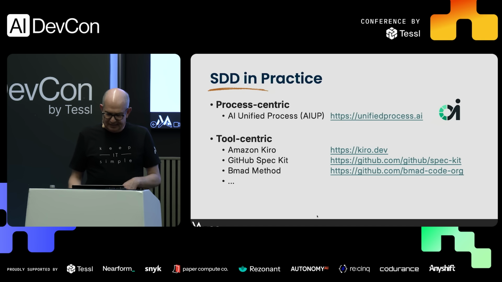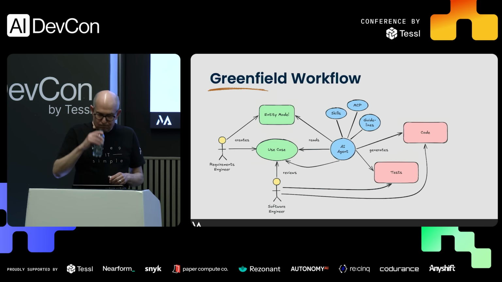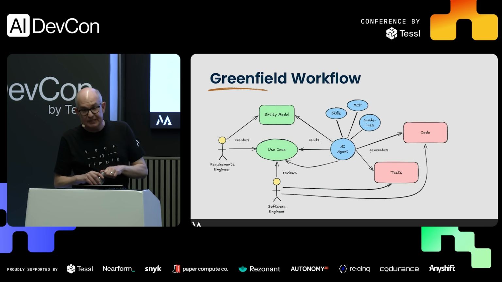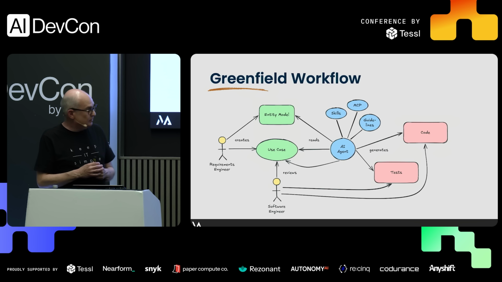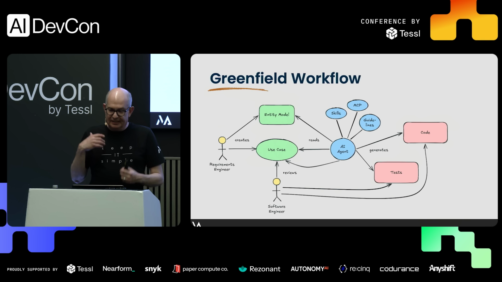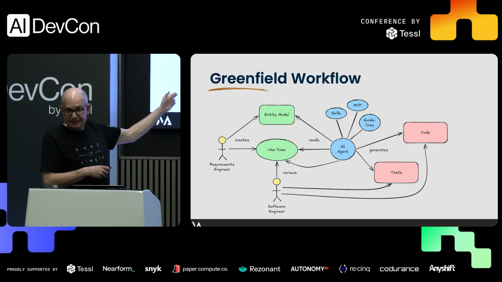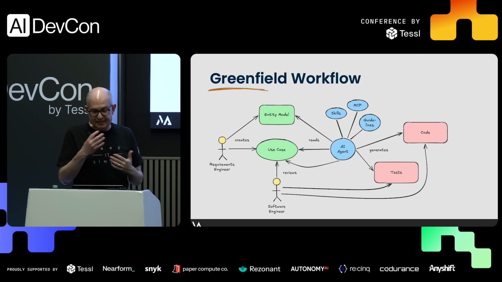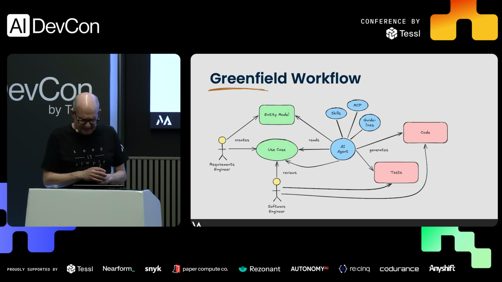Now, let's have a look in the detail. So if we have a Greenfield project, for example, we would start with the specs. So the specs means we have some requirements engineers, product owners, business analysts, depending on how the people are called in your organization, and they create the entity model and use cases. So they can also derive that directly from requirements, for example, and then we will have a phase where we can review that. So there will be something like a definition of done, and the software engineer together with AI and the requirements engineer will decide when the use case is done or the specification is done,